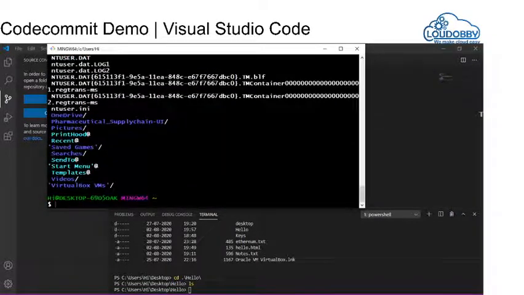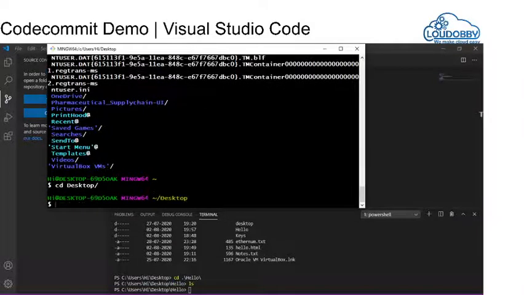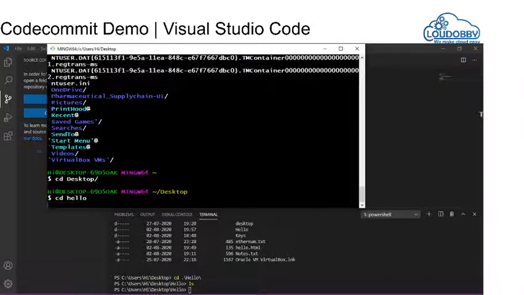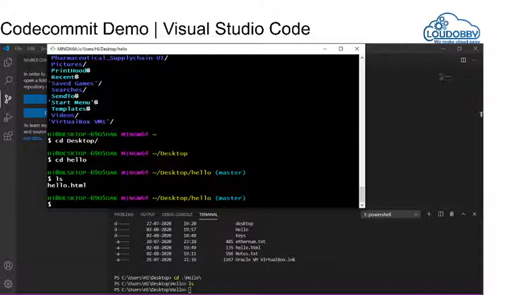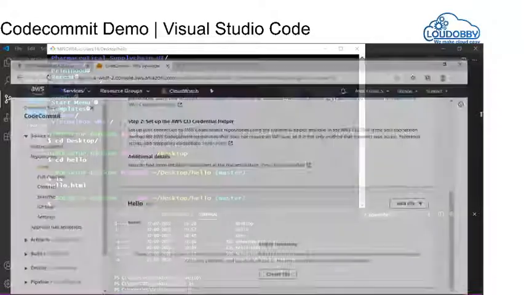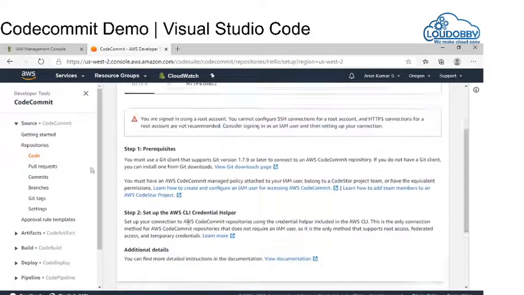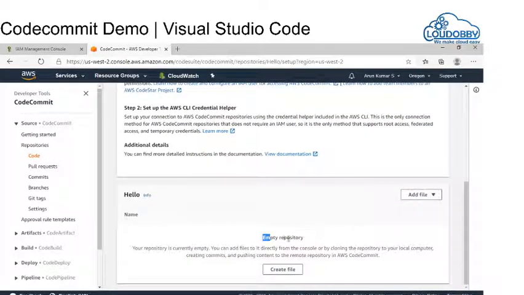Right now I am going to the repository, which is on my desktop: cd hello. You can see a file added, but if I go to the CodeCommit repository, I still see it empty, right? Still the file is empty.